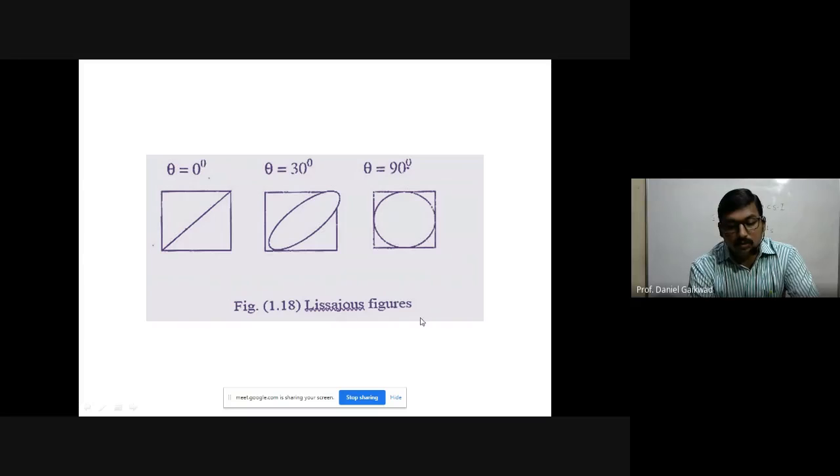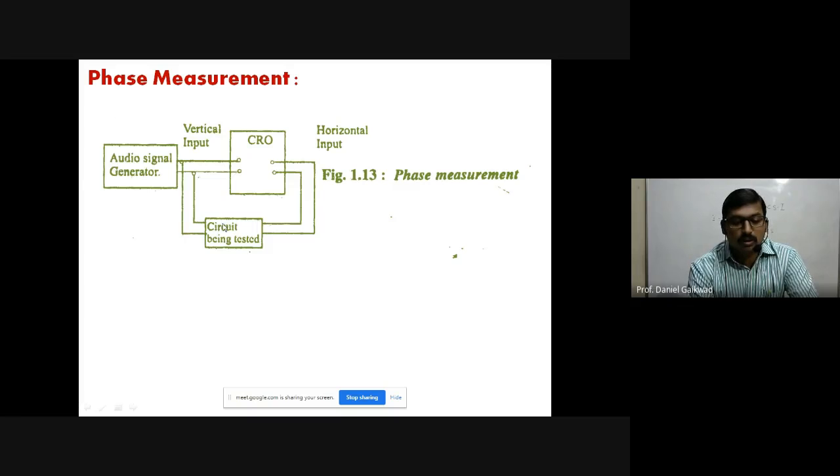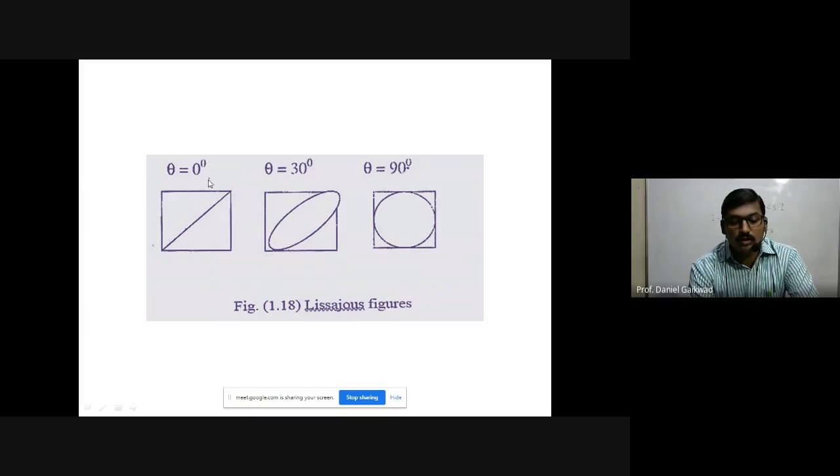So we have the Lissajous figure once again. If we obtain a cross line like this, an inclined line on the CRO, that is the overlapping of the two signals, horizontal and vertical, and then we obtain a line like this, then the phase theta is equal to 0. So that is the phase measurement. So the input signal has phase 0 here. Now if you obtain an ellipse, the shape of an ellipse, it will be in a shape like this. So we have a number of combinations, and for each combination we have the corresponding angle here.